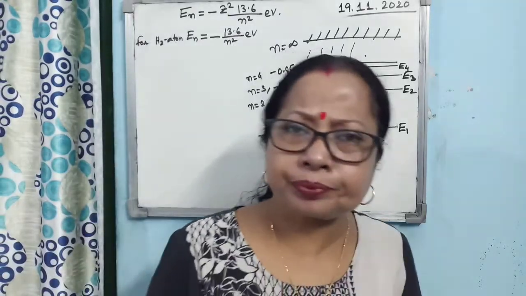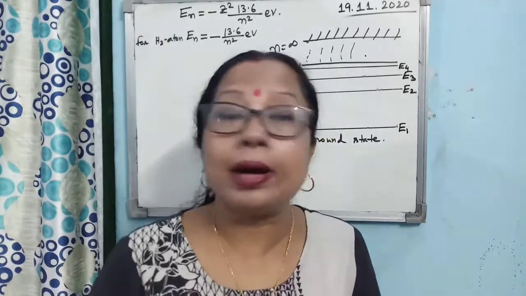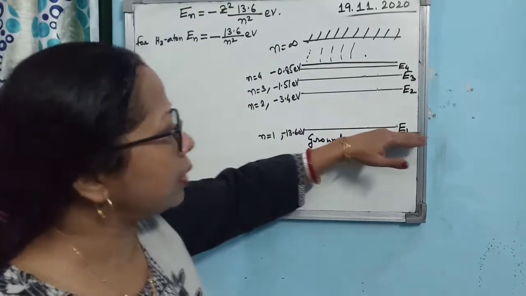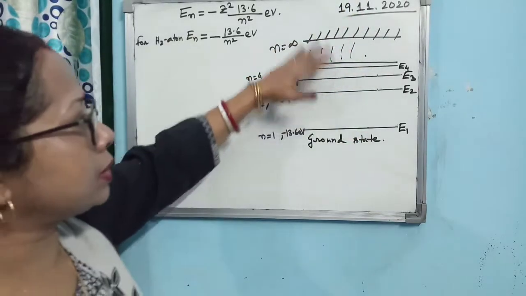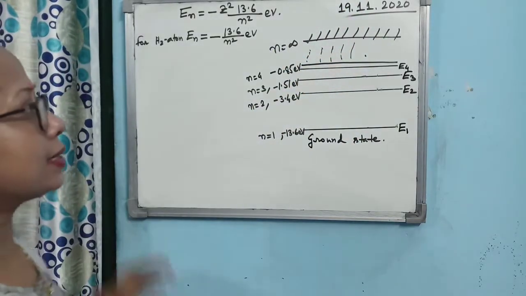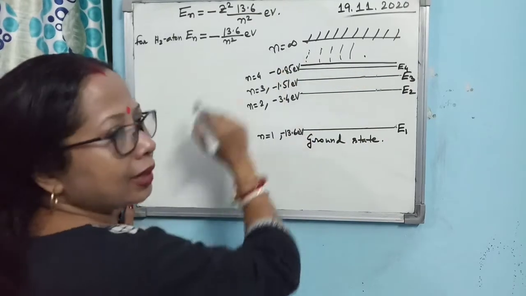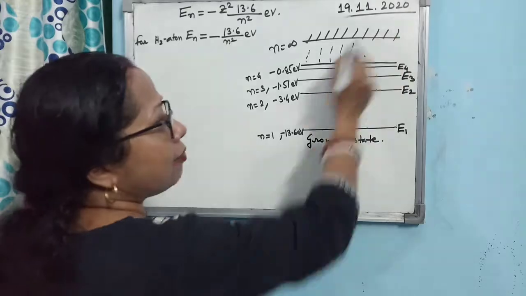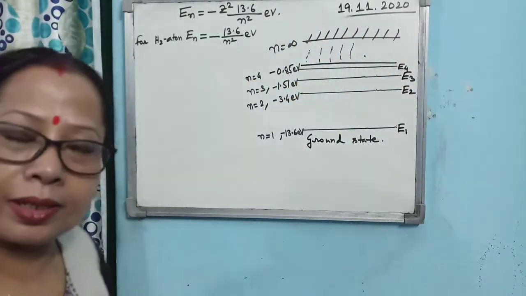In 10th standard, you studied during gamma radiation that this one is known as the ground state, and the other energy levels, leaving the ground state, are known as the excited states. Then what is the highest energy level? That is n equal to infinity. So it will be the infinity level, you cannot draw it. This is the way we represent n equal to infinity. Is that clear?